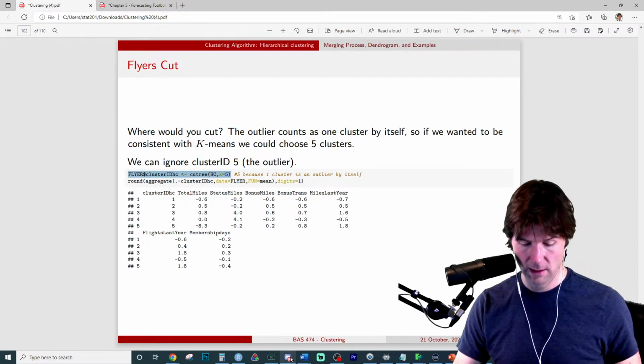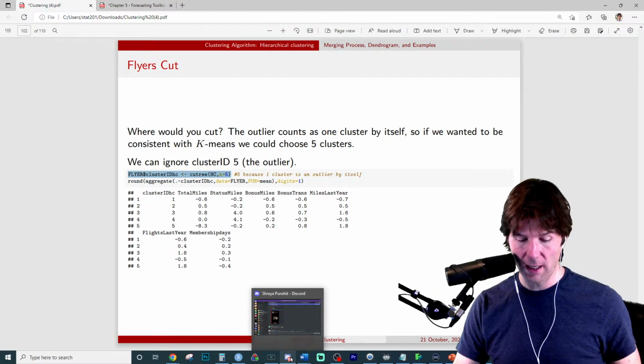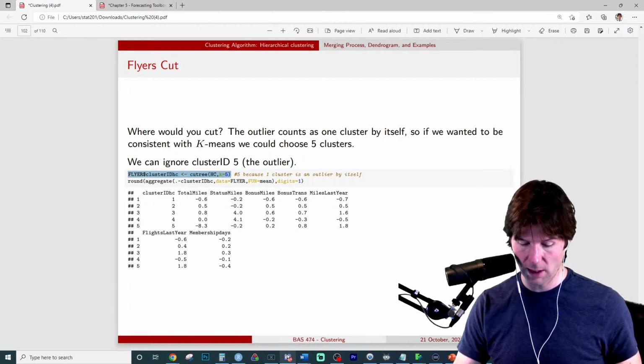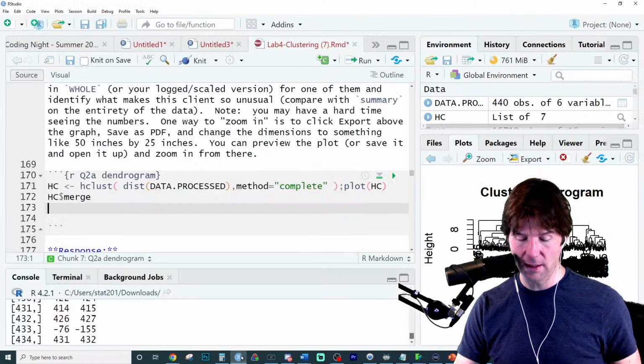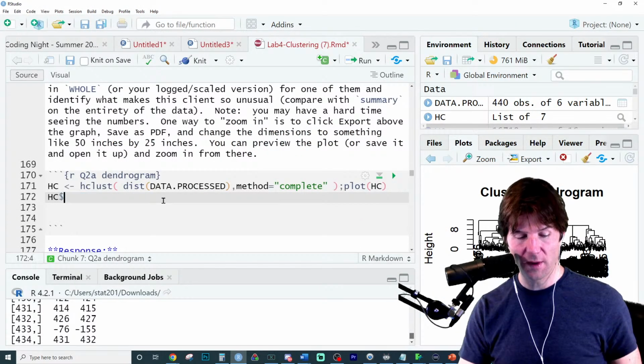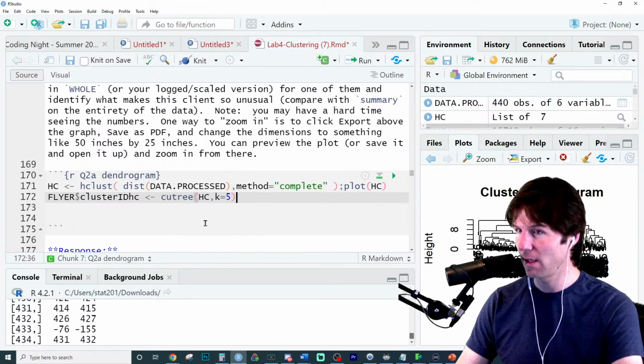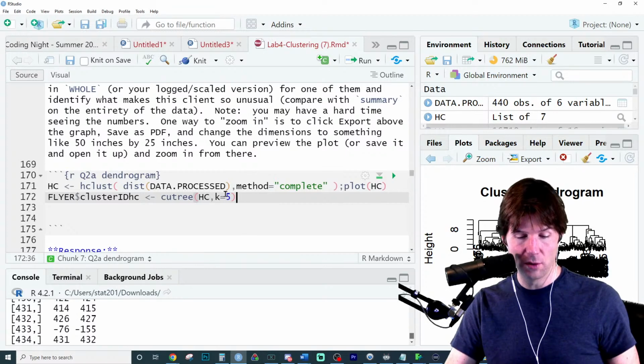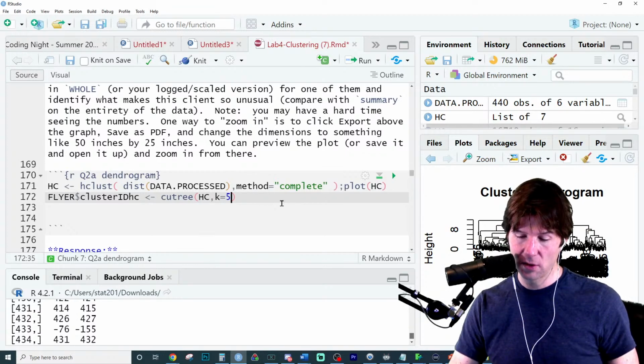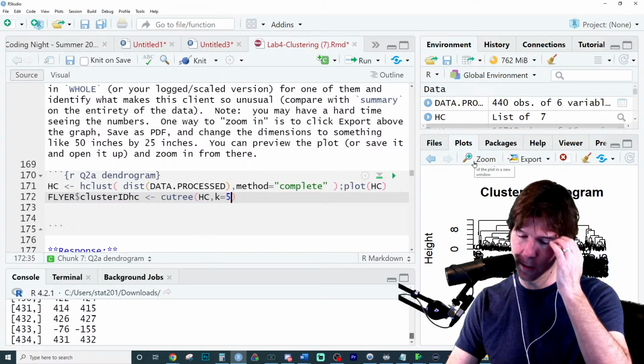So let's cut it. K is the number of clusters; we're going to cut it to K clusters. You can also cut at height. I'm not a big fan of cutting at height because you then have to look at the tree, or the dendrogram, and find a height to cut at. It's much easier to say cut so that I have, let's say, how many clusters did we